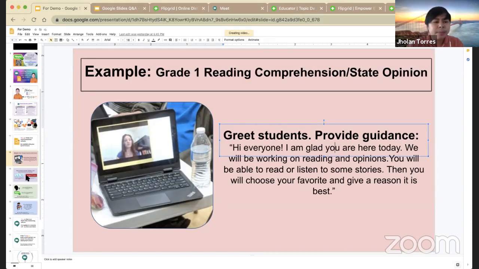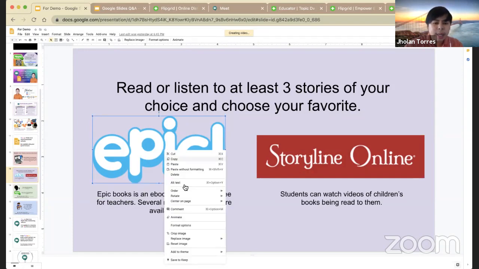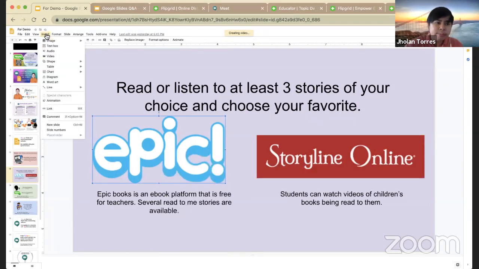Then for this one, this is more on the content. You can insert a link. Okay, how will you insert a link? Just click on the image. Then you can insert a link, or there is already a link here.